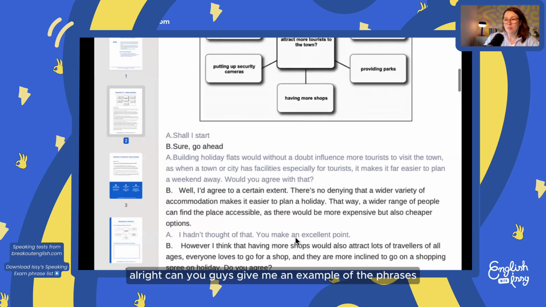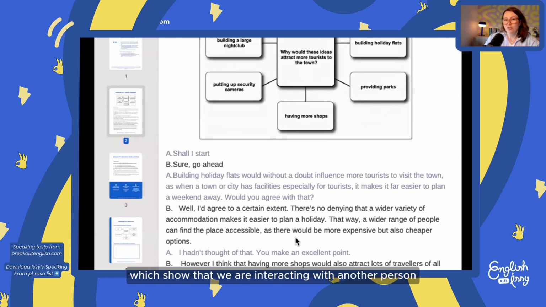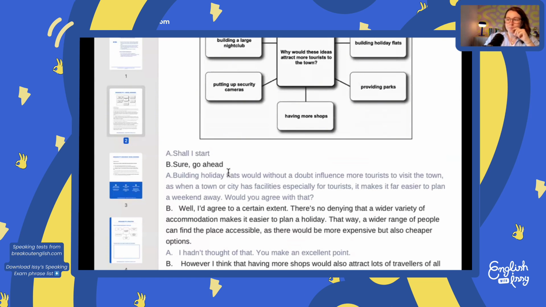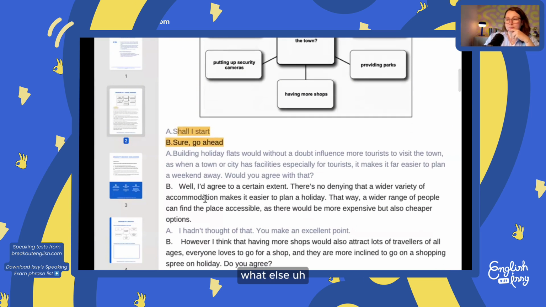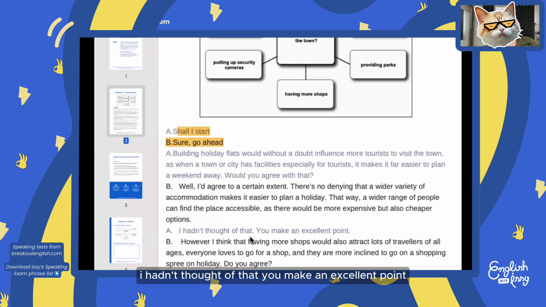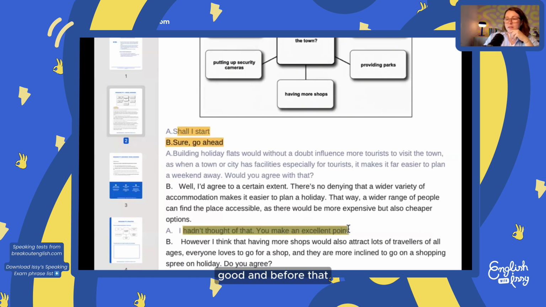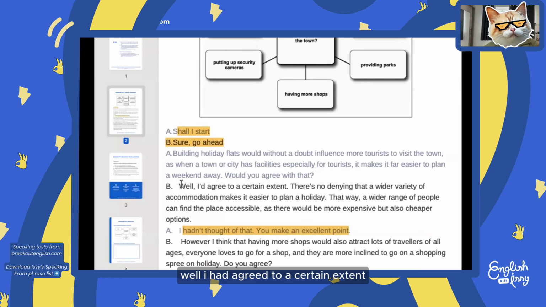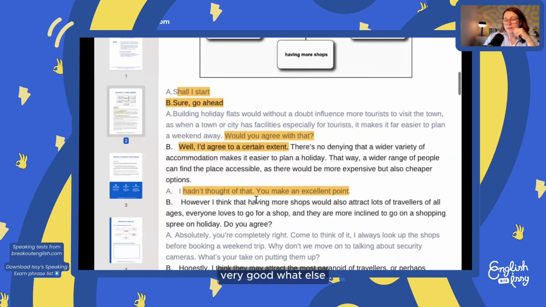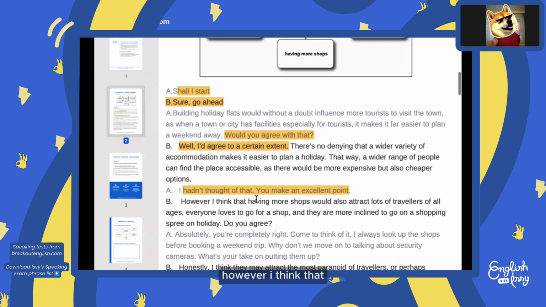All right, can you guys give me an example of the phrases which show that we are interacting with another person? Sure, go ahead. What else? I hadn't thought of that. You make an excellent point. Good. And before that, what shows that we were really listening to our partner? Well, I would agree to a certain extent. Very good. What else? However, I think that